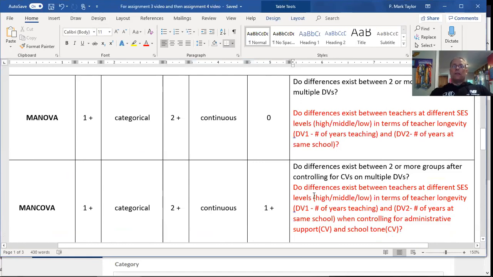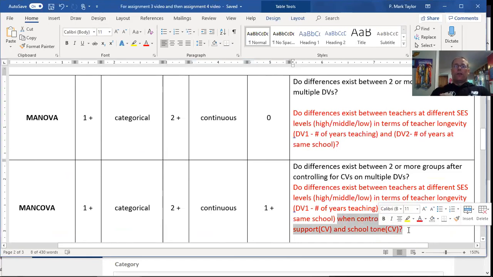And is there a difference in terms of teacher longevity? That's one dependent variable, years of teaching; two is years of teaching at the same school, just like the last question. So this is the same as the last question, except for this last part, where I added controlling variables,